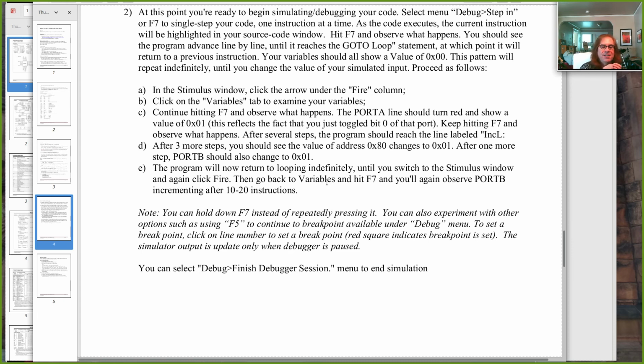What you should find is that as you step the simulation, certain things happen, and then it goes into a loop. And it just keeps executing a relatively small chunk of code. And then when you hit this stimulus, and you step the simulation after that, you'll see it go into a different set of code. And something will change, and then it'll go back to that first set of code and loop there until you hit the stimulus again. And then when you hit the stimulus again, it'll go down to that new section of code again, change something again, and then go back to that first section. So all of that you